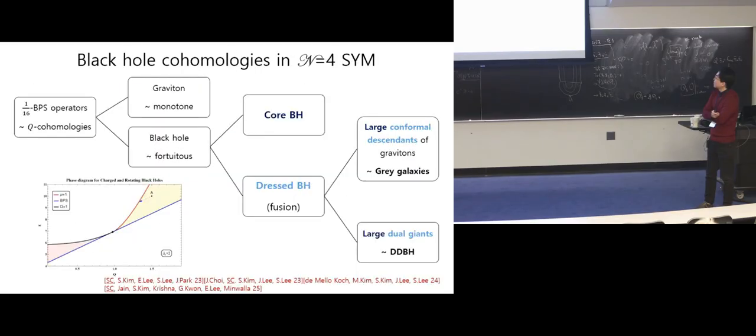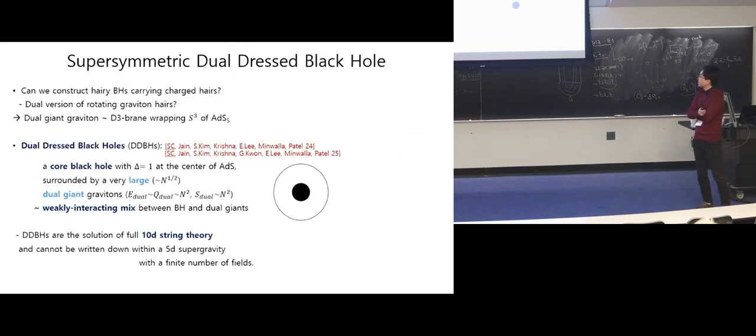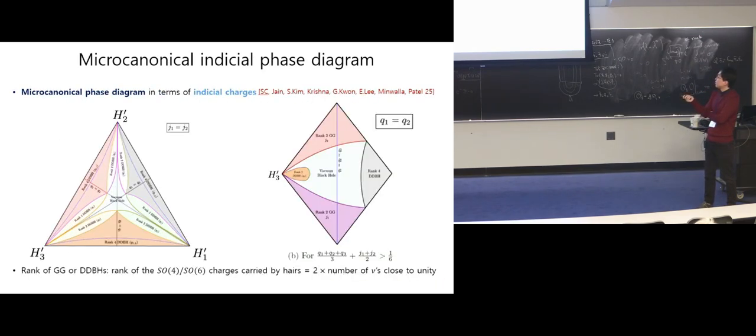Actually, I mentioned it on some slide. Recently there was a paper by Fine and Venus in which, in AdS4, they constructed this type of gray galaxy and dual AdS black holes on the gravity side and plotted a similar phase diagram. I expect similar behavior should be seen from the dual field theory side computing the index. Of course, I agree that the index has a much different form, as you said, with monopole flux and so on, but I think this picture should somehow emerge also in that case.